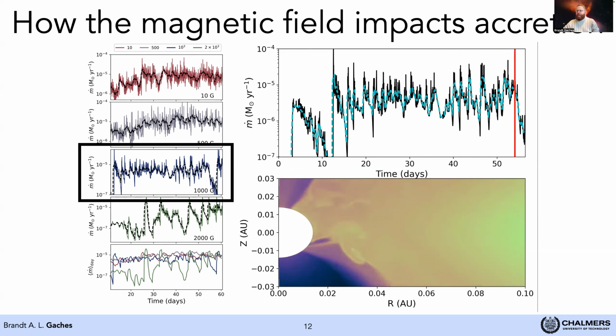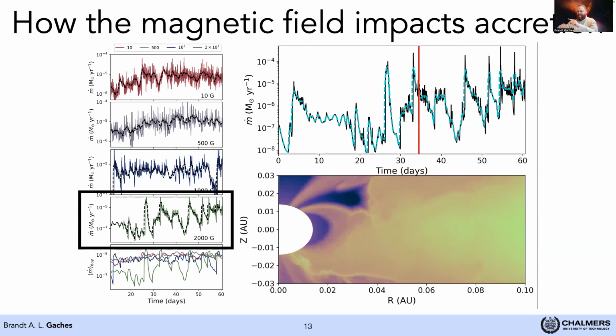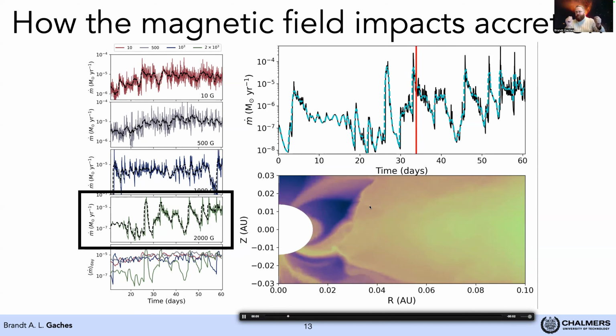But then at 2,000 Gauss, something changes quite a bit. Now you get a very clearly truncated disk. You get a fairly stable truncation point. And as you just saw there, let me see if I can back it up a little bit here. You see that there's a little dot of gas here that falls in every once in a while. So even though there's a marginal low level amount of accretion from a magnetospheric-like mode of accretion, there are these huge bursts of accretion where a lot of the mass is actually growing, that are dominated by gas building up at the truncation point and then being fed into the protostar via